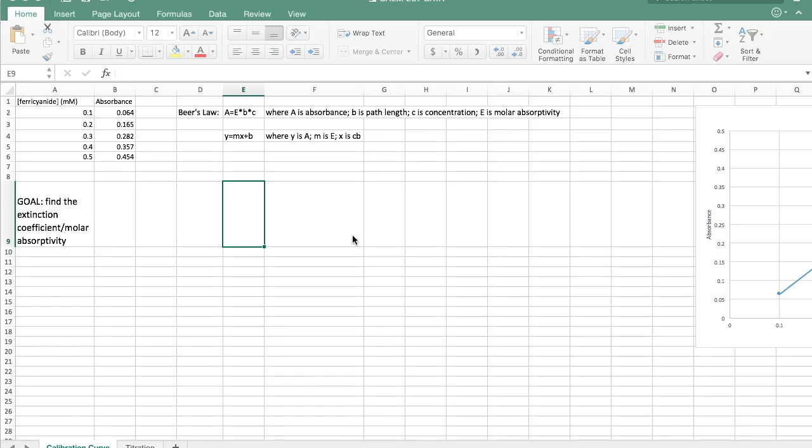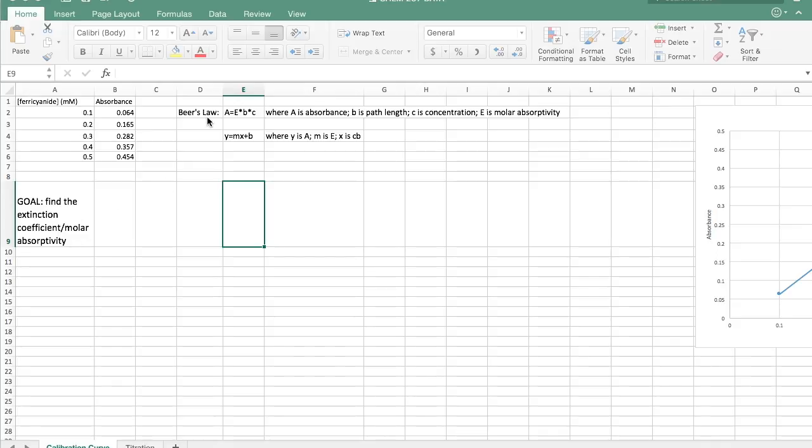Here is the data. We are first creating a calibration curve based on the UV-Vis data from the 4 standard solutions of varying amounts of ferricyanide, and each of those amounts are listed in column A. In column B, we see each sample's corresponding absorbance value based on UV-Vis spectroscopy. And our goal here is to find the extinction coefficient, also known as the molar absorptivity, and to do so